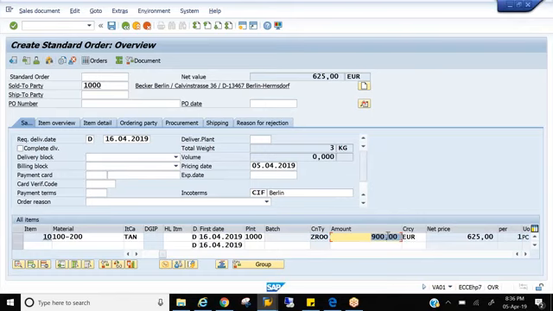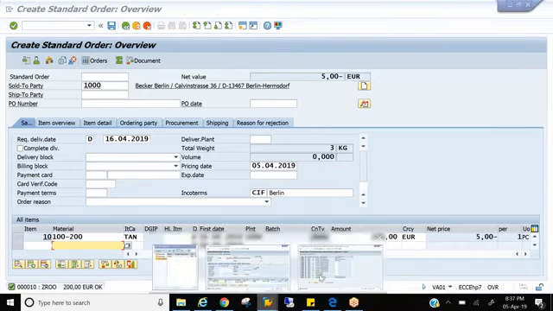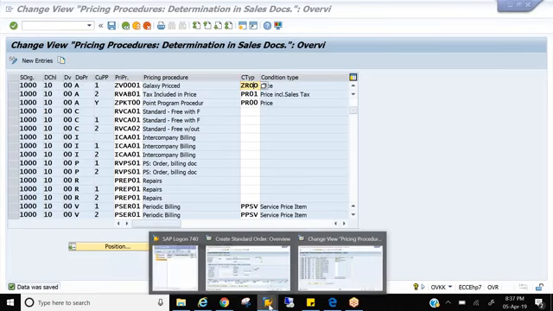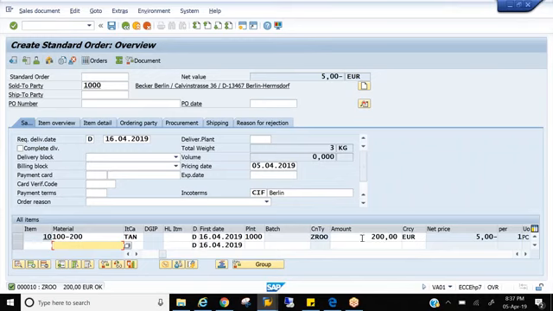Why do you assign it? Because it will help the user to change the price of a line item in the line item overview. Now I don't want the price to be 900, I want it to be 500. Done. I don't want it to be 500, I can change it to 200. Whatever you want, you can change. The user can change. So if I add the base price condition type for the procedure in the OVKK, it will help us bring up the price in the line item overview so that the user can change the price of a line item in the line item overview itself.